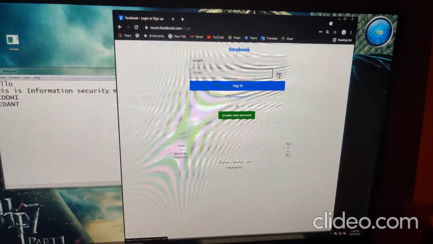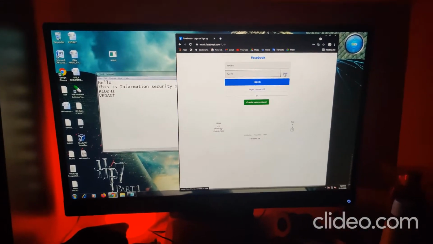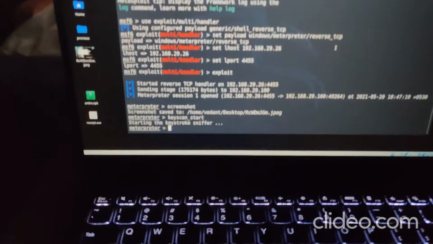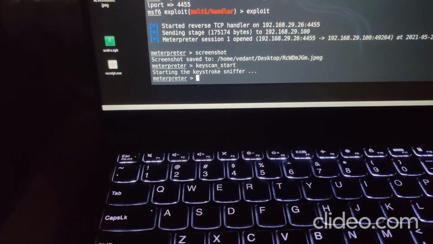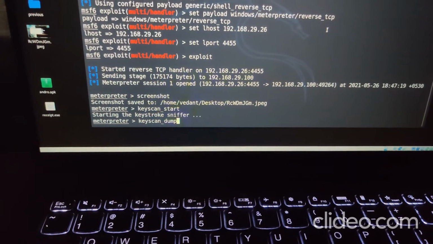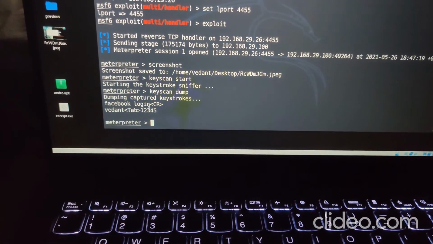Let me show this to you. Coming back to the victim system, we have given the command keyscan_start. I am just going to give the command keyscan_dump. We see that these are the credentials.